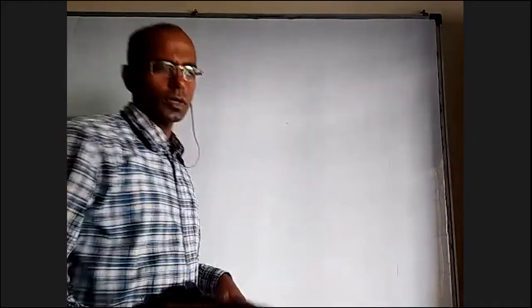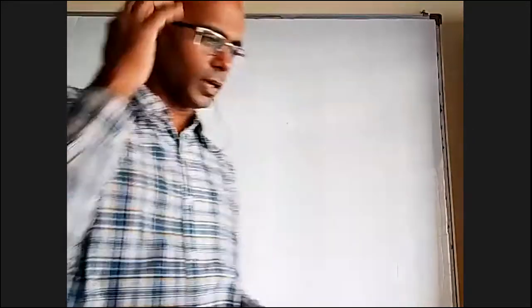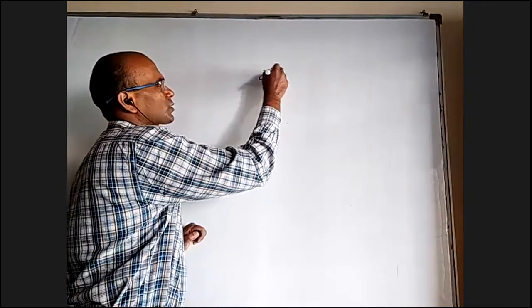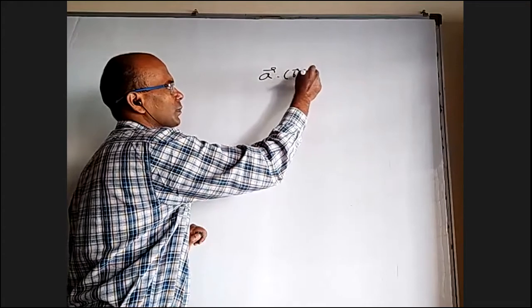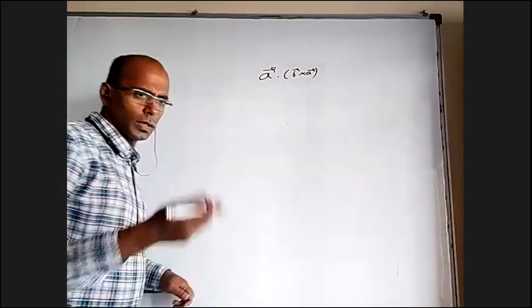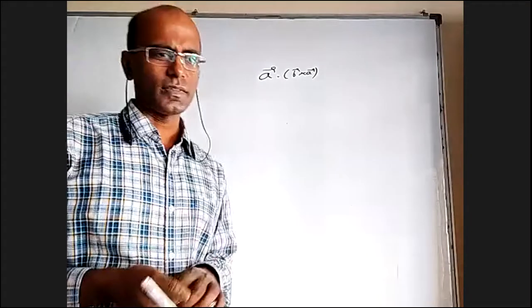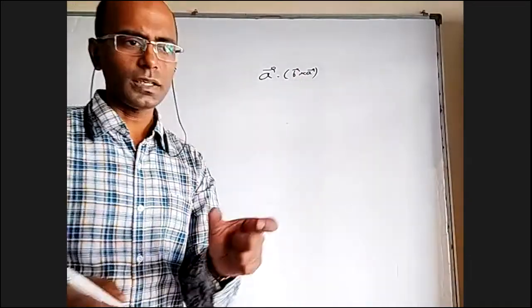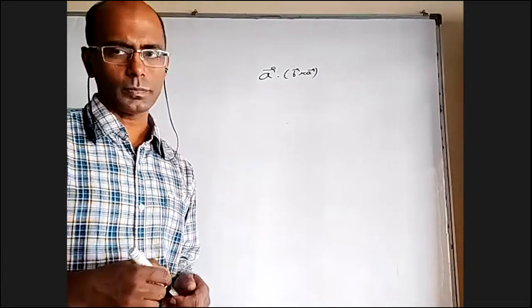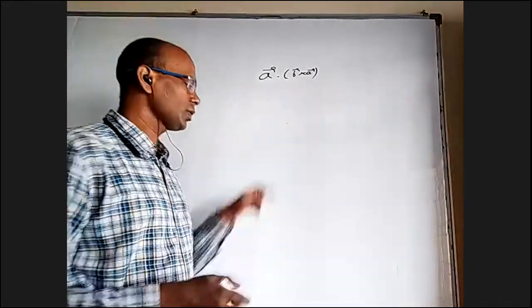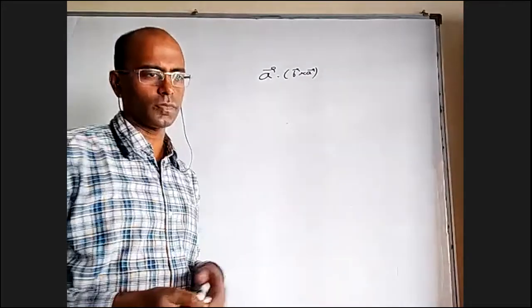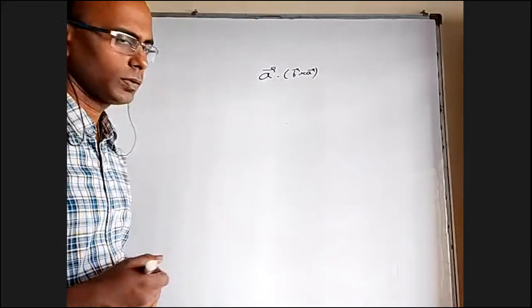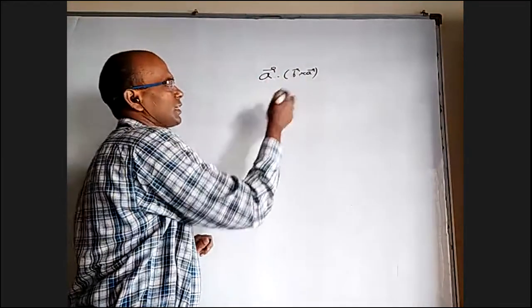In this triple product, out of the three vectors, if any two are the same, the determinant is going to be 0, or this is going to be 0. For example, if somebody asks you A dot B cross A, I would ask this in cross product itself, because the definition of cross product is that A bar cross B bar is a vector which is perpendicular to both A bar and B bar. When A bar and B bar are in the board, A cross B is perpendicular to the board, either into the board or away from the board. Because these are perpendicular, their dot product is 0. So when these two vectors are the same, it is 0.